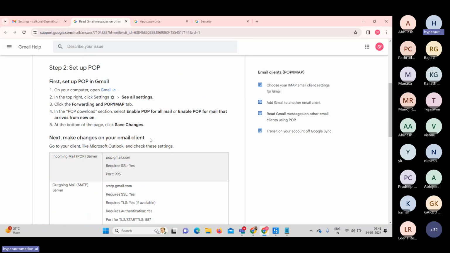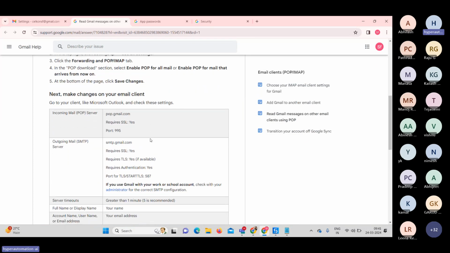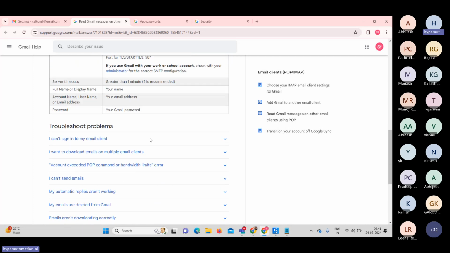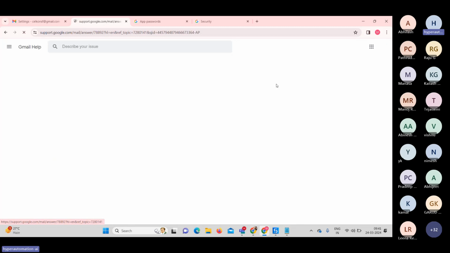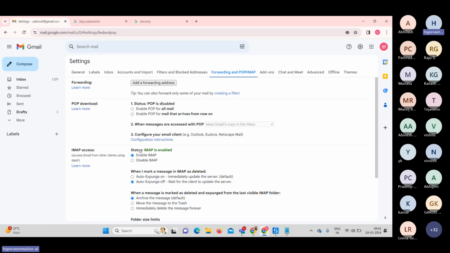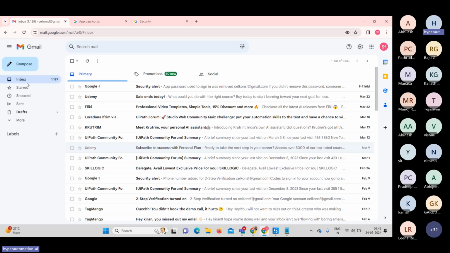So if you want to enable IMAP, or else you want to receive some details from this, these were the details we need to go with. I'll show those details also, where you can find them. So these were the two settings we need to make sure of whenever you try to read some mails. And the third important thing we need to consider